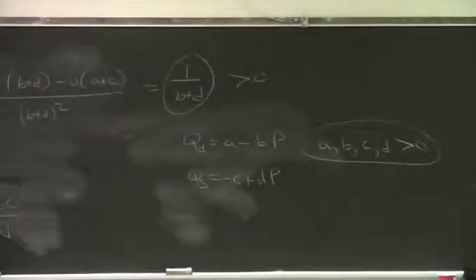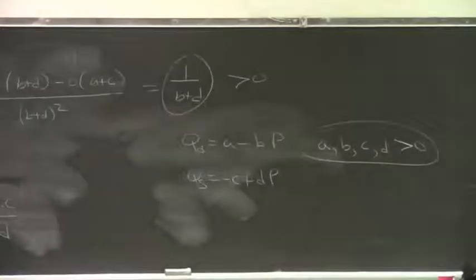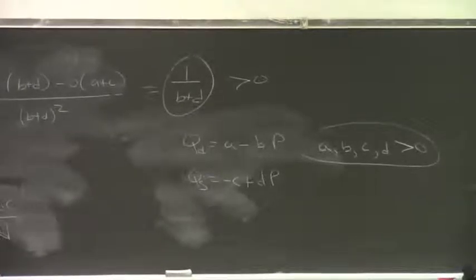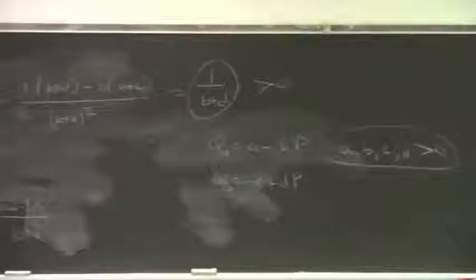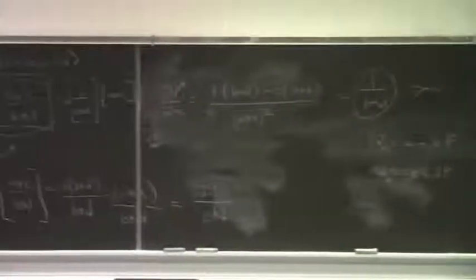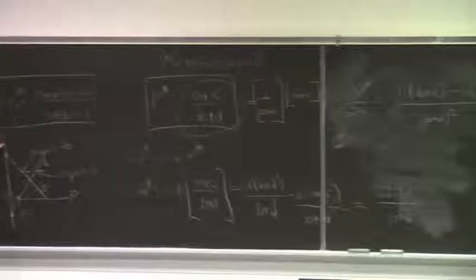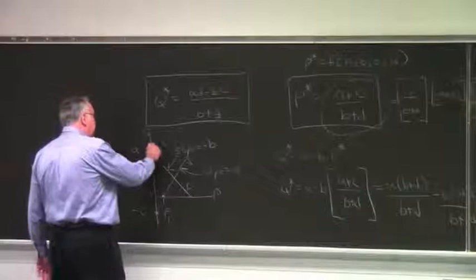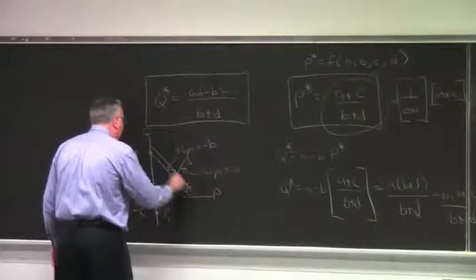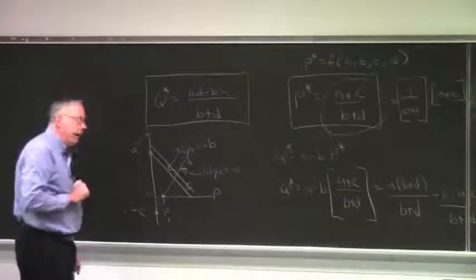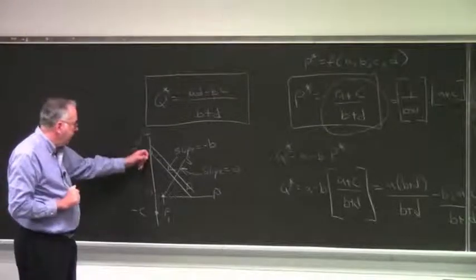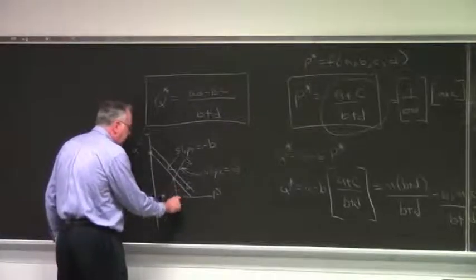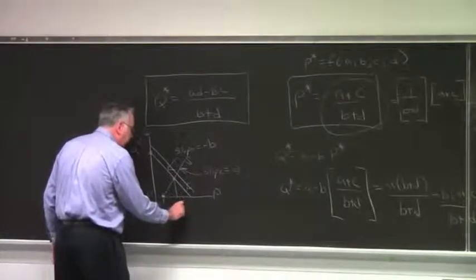Okay. So we have concluded that a parameter A and P star move in the same direction, which makes sense because as this parameter A gets bigger, this demand curve shifts up. If the demand curve shifts up because A increases, say from A to A prime, what's going to happen to the equilibrium price? Well, with an increase in demand, the equilibrium price is going to go up. It's going to go from this level